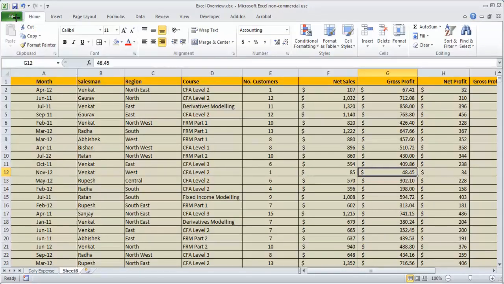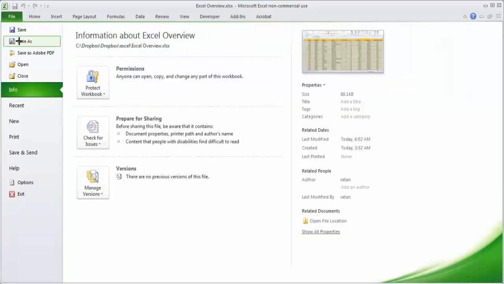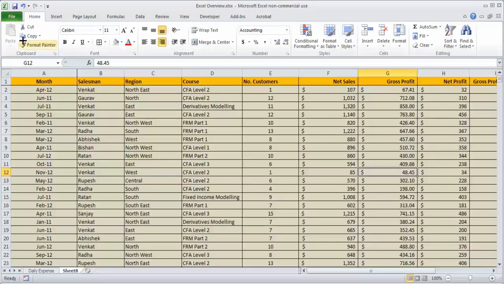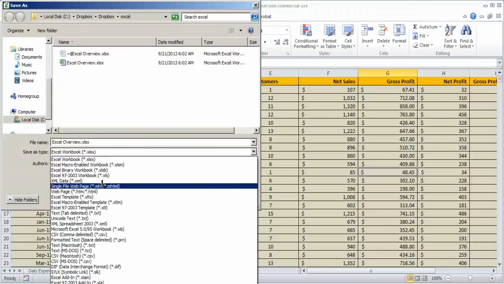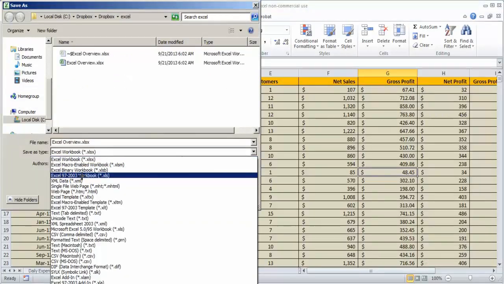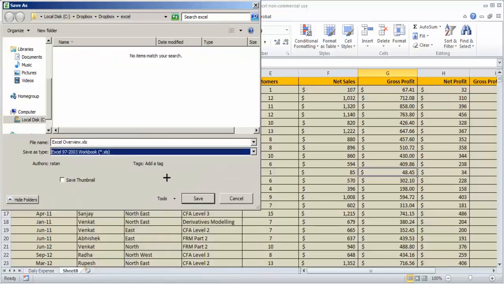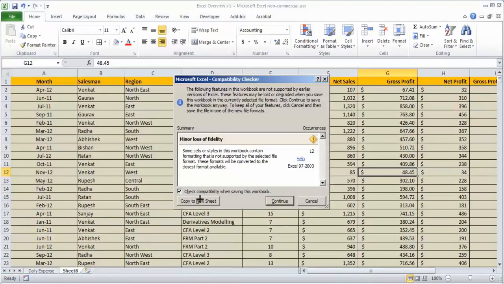For saving in the lower version, you go to File, then Save As. Then you can select 97 to 2003, which will save as XLS, and you press Save. That will save in the 2003 format.